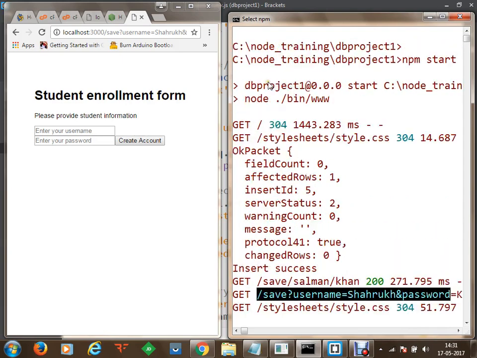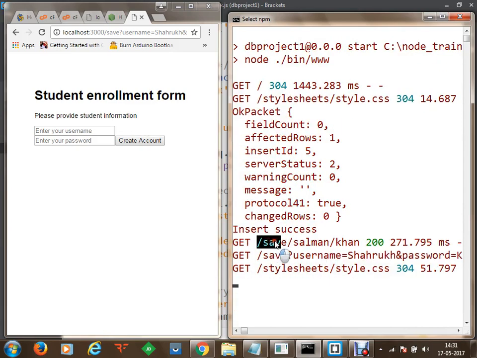Earlier we had this specific path where we sent information to save, with Salman and Khan, and we read both of these variables as parameters and then stored them. But now when we are sending it through a post request or a get request through my web form, it is modifying the parameters here.